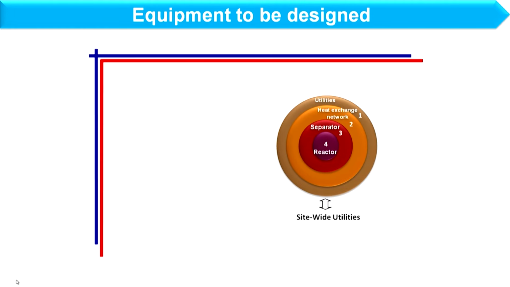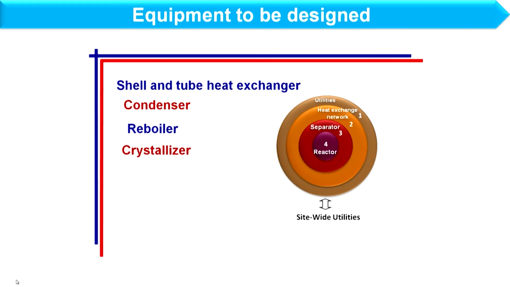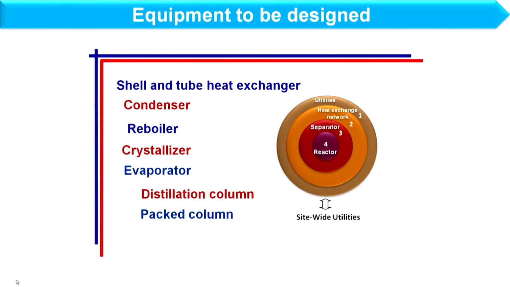Now, as far as this particular course is concerned, the equipment which we are going to design are shell and tube heat exchanger, condenser, reboiler, crystallizer, evaporator, distillation column and packed column. So these are the main equipment considered in chemical industry,